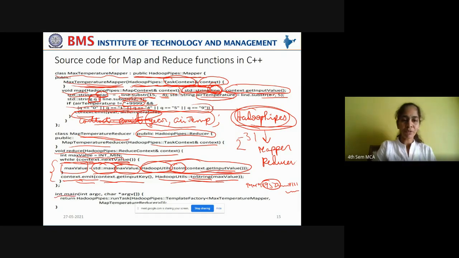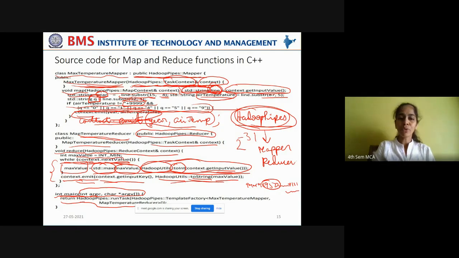So what you're doing here, observe the last lines. Int main, which takes two parameters, that is argument count, which takes an integer, and argument vector, which takes the input file path and the output file path to which the output has to be written. Okay, and what does it return? It returns a Boolean value. What Boolean value? Whether the task is executed or not. If the task is completed, it returns 1, otherwise it returns 0.